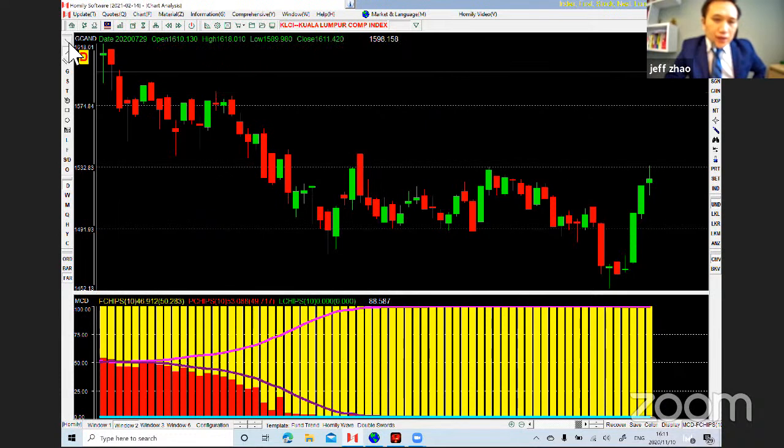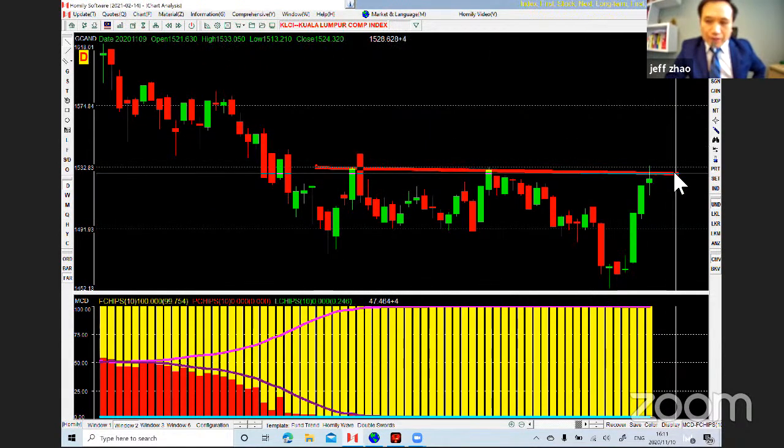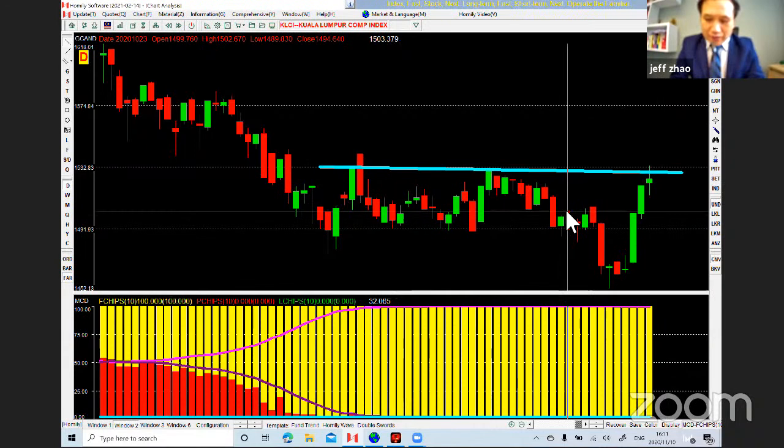But until yesterday, it had not broken out of the resistance. So here should be the resistance level. And this morning, the price went up a lot. And this area we call a sideways area. Now a breakout already. Why is it such a strong breakout? Because it's time to go up. It is time for the KLCI to go up.